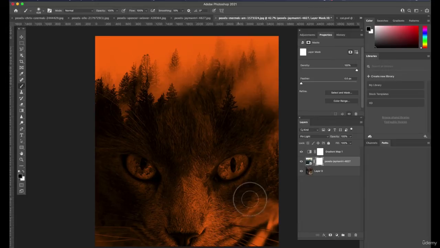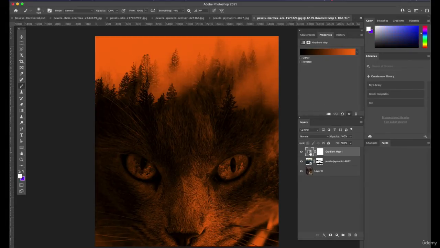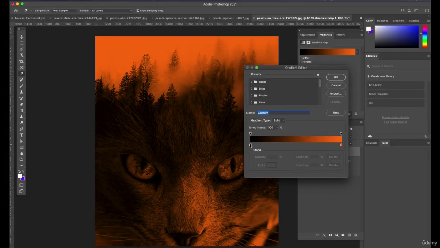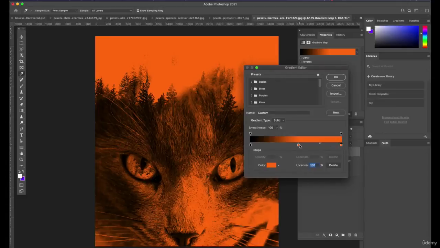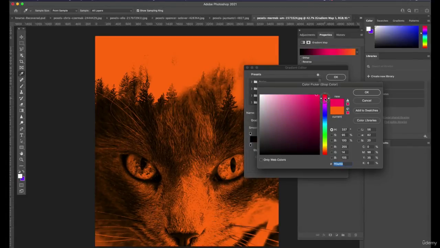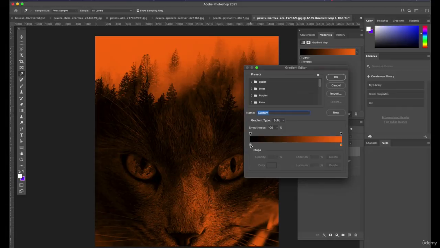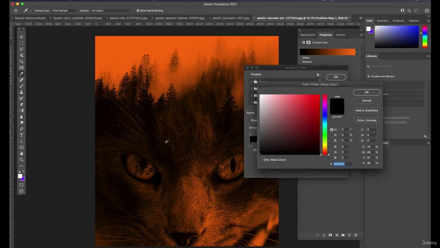Just going to clean it up. And let's adjust that gradient map. I'm not 100% happy with that color. So we can double click and change our gradient map. Now it might be we need to get 3 colors going. So we might need a darker color, might need to soften this instead of black. What if we used